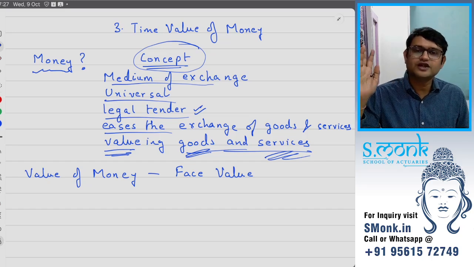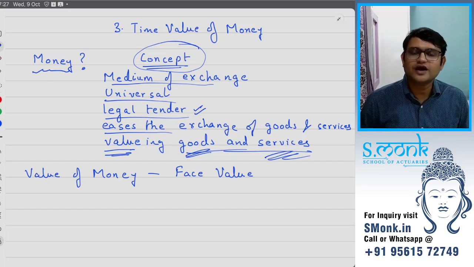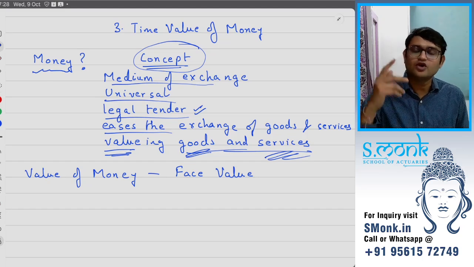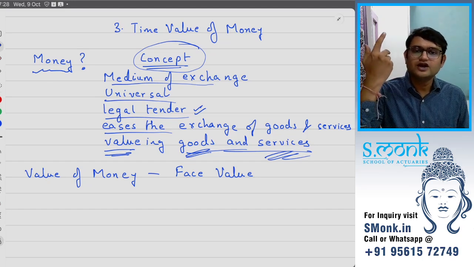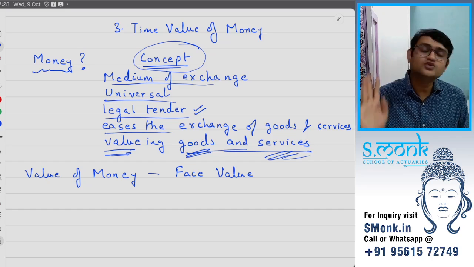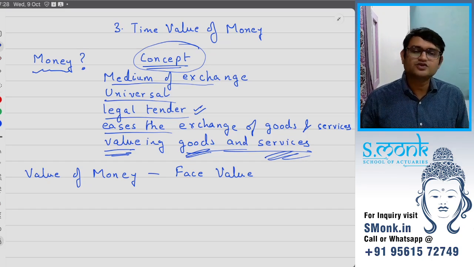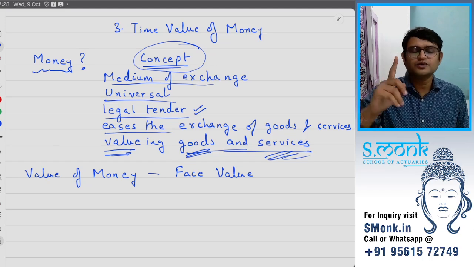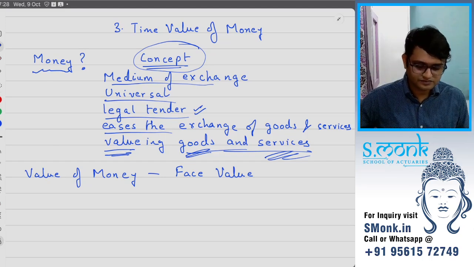If the Government of India someday decides that we don't want the value of our money to change like this, we'll fix it. There might be many problems in trade and stuff, but they can, because they decided. The Government of India can say that now 1 rupee is worth $1. Okay, they can do that. The problem is there will be a lot of problems in trade. Okay, but if they want, they can do that. They can say 1 rupee is $1. Because it's just a man-made concept.